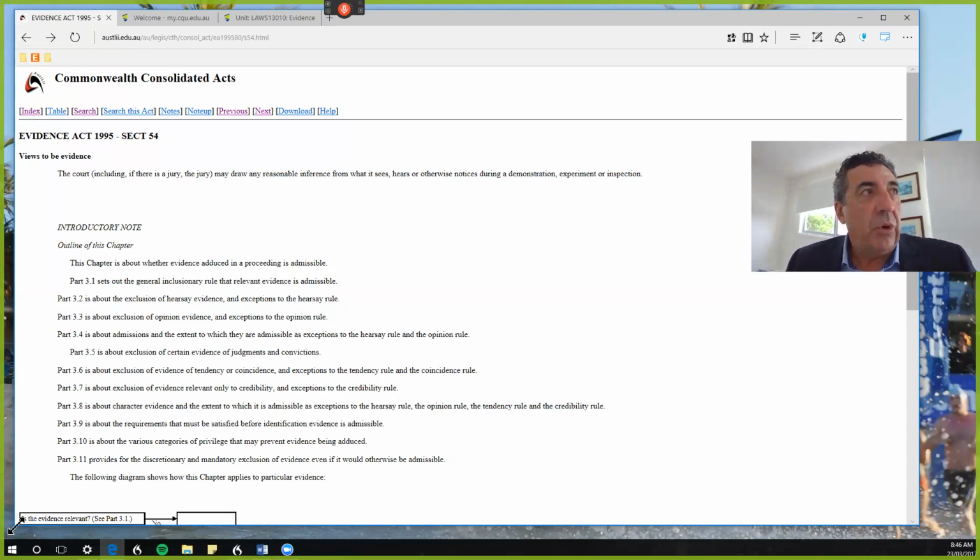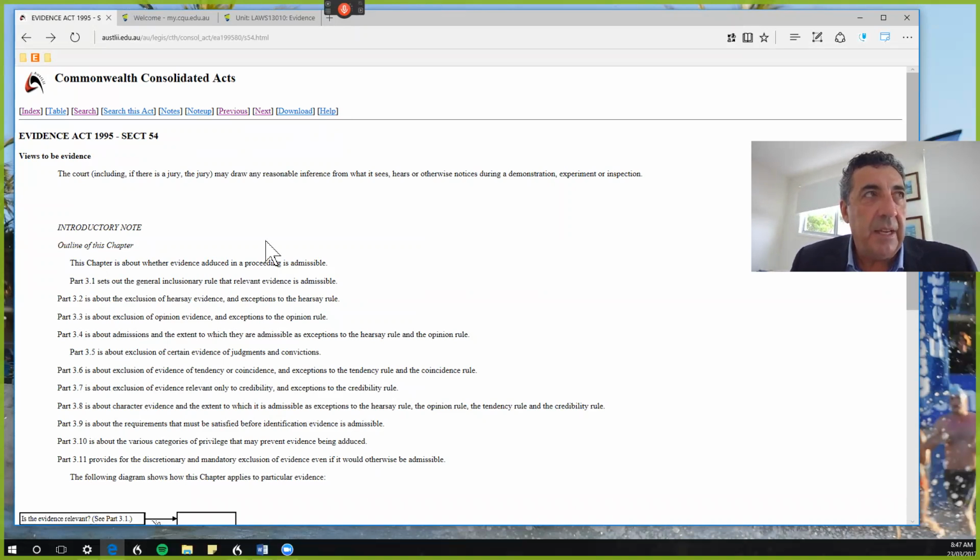Okay, let's have a look at the Commonwealth Act. Now, why have I got it at Section 54? It's an odd place to look. Well, in the context of the first assessment, I think Section 54 is really useful. Well, more particularly the introductory note to the outline of the chapter is useful,